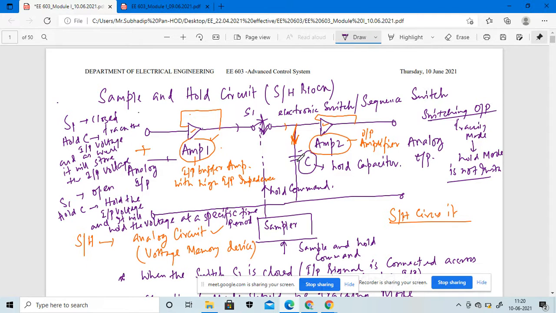Okay, if I draw the circuit now, the tracking mode and hold mode operation diagram, the operational characteristics, then you can see how this operation is taken into consideration if I give the hold command when the circuit is under the tracking mode. So keep remembering these things. In case of a hold command, we are still under the tracking mode, although we are putting the hold command, but for a certain period of time, not for the full period of time.